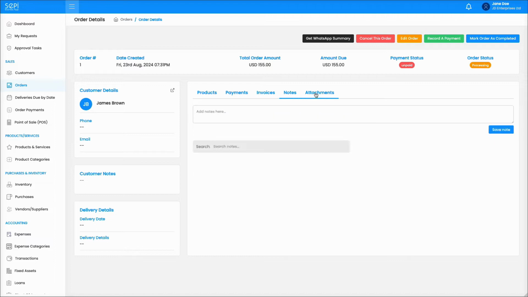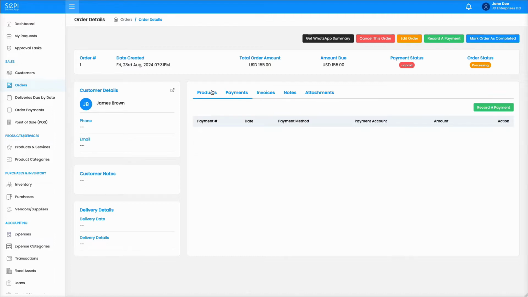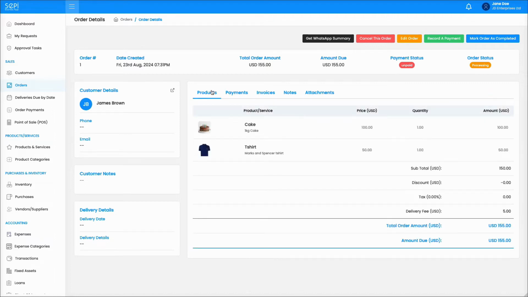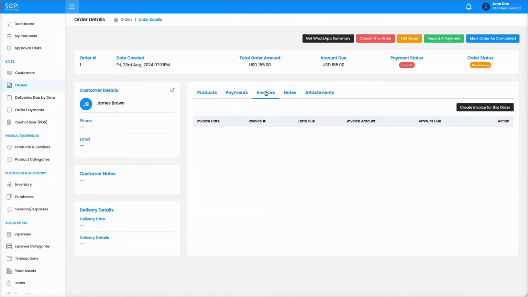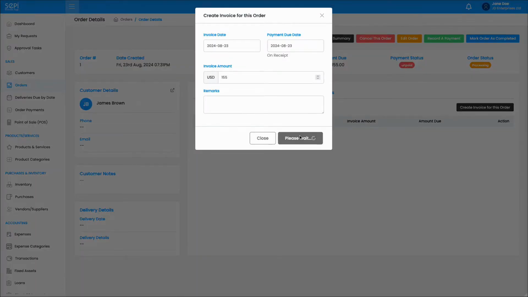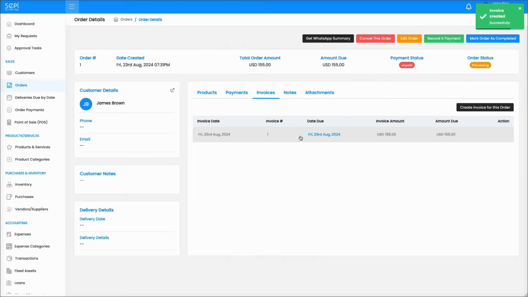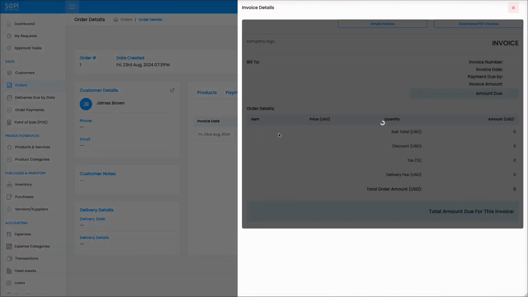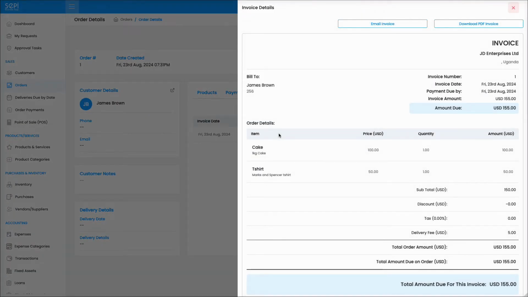invoices, notes, and attachments. If the order is not yet paid and you would like to create an invoice to send to the customer, simply go under the Invoices tab and create an invoice for this order. Once the invoice is created, it will appear under the Invoices tab. You can click that invoice to view it and download it as a PDF or email it to the client